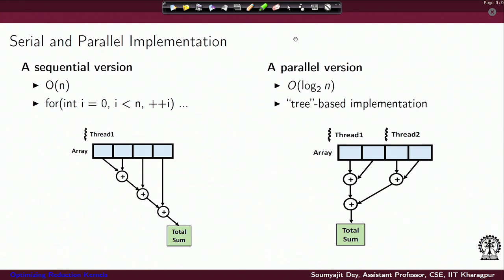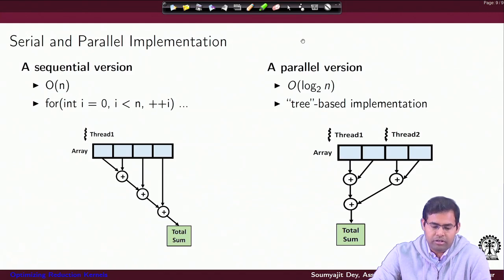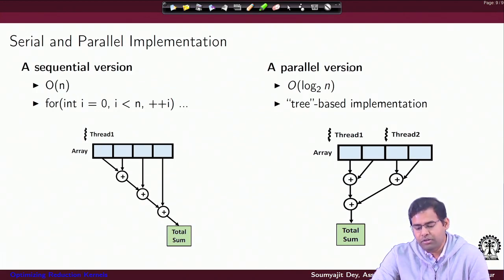So, we just start with a parallel sum implementation. You have a lot of numbers and you want to sum them. If you have a sequential version, it is going to be an order of n operation. If you are going to do a parallel version, which we have seen earlier in some other examples, it is going to be a log n operation, because you have threads which are working on different parts of a large array. The array is n sized, and you are going to do the sum, and then you are going to compute the sum of sums, and so on and so forth. So, it is going to be a log n operation.